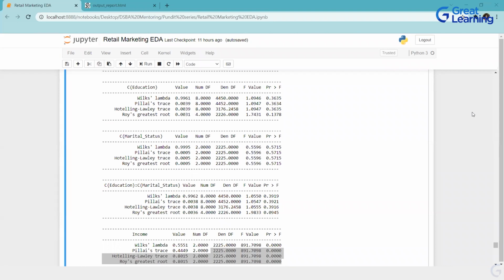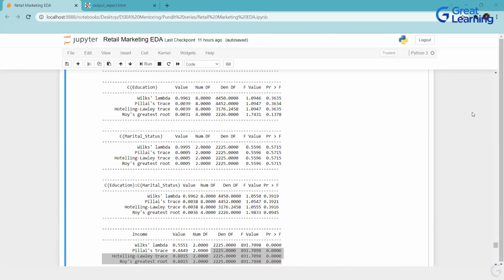Why I'm bringing MANOVA over there, you guys have not covered these. These are some of the things that come in your interview question. You should be aware of how you have to use it. I have not used it personally ever in any of my real-time projects. I have used ANOVA, but I've never used MANOVA because I have linear regression. But when you go for interview, these are the questions that come. Even questions come from ANCOVA and MANCOVA also. ANCOVA is analysis of covariance and MANCOVA is multivariate analysis of covariance. So that is also something that you should learn.